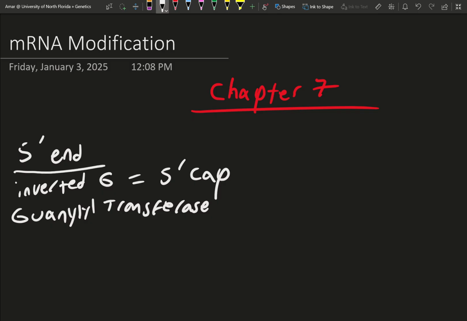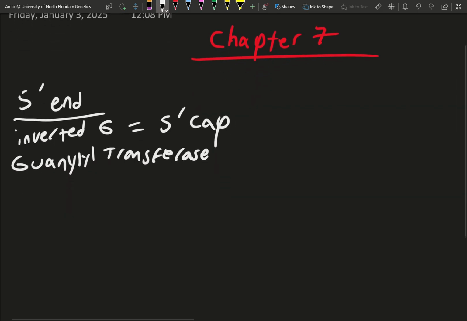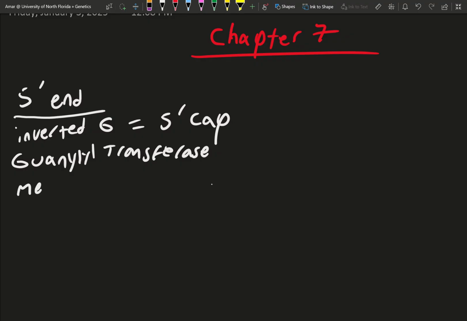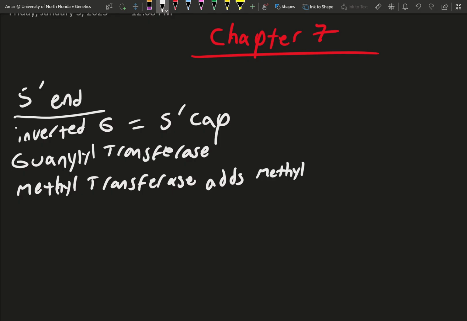Additionally, a couple of nucleotides around the 5' cap, an enzyme called methyltransferase will basically add methyl groups to this end, and that'll be the end of the 5' end modification. So yeah, methyltransferase adds methyl groups to 2 nucleotides around the 5' end. And then after we go over the next two, we're going to go over the significance of having these modifications,